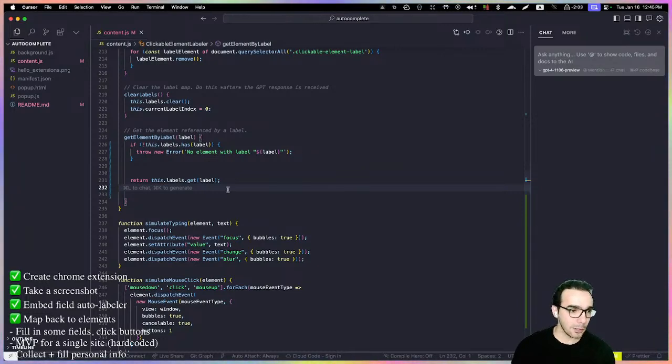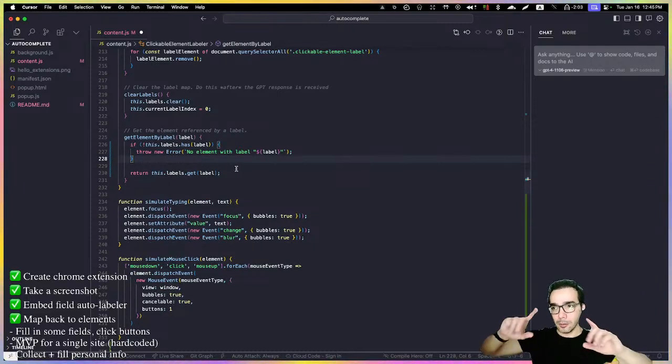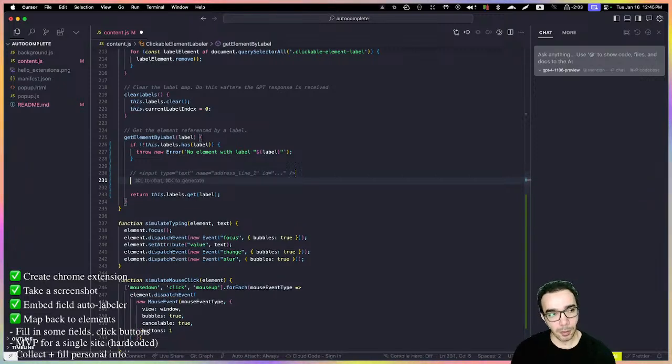My idea was that basically what we could do is get the element by some sort of property or combination of properties on the original element. So you have the original element, just think, maybe it's like an input, type equals text, name equals blah, and then this could be like address line one or something. ID equals blah, blah, blah, and then whatever, you have your element input. What you want to convert this to is